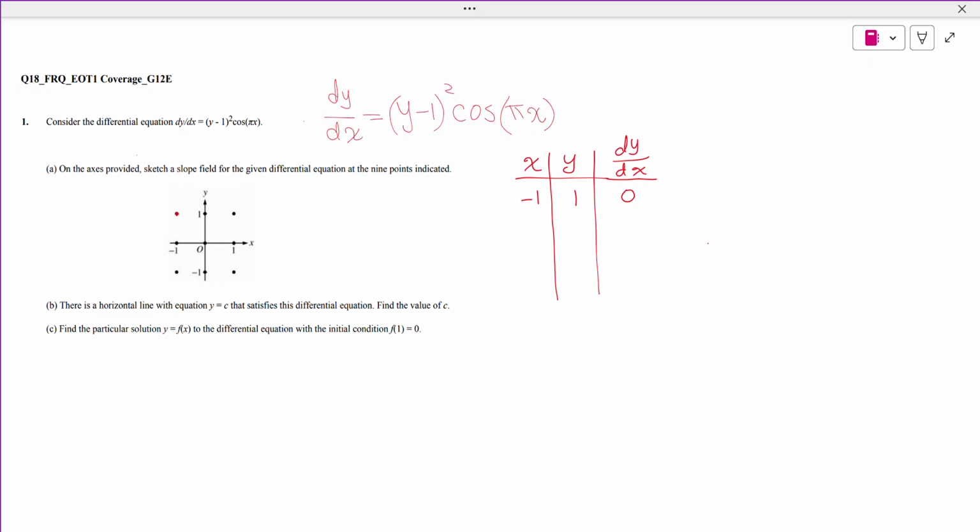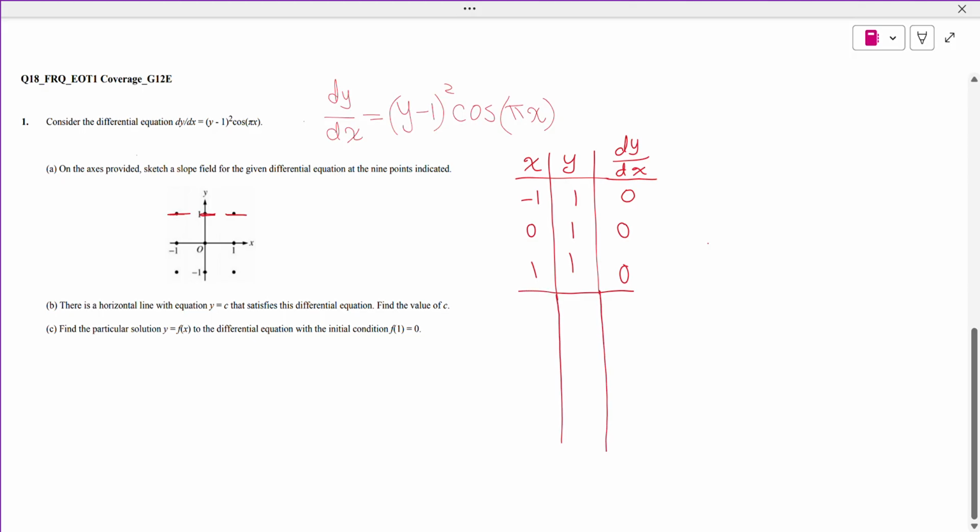So at this point we have a horizontal line segment, which means the slope of the tangent line at this point is 0. Now, continue doing this for the first row, where the second point has 0 and 1, the third point has 1 and 1. Substitute those numbers into dy over dx, you're going to get 0 and 0. So here it's also a horizontal line segment, here it's also a horizontal line segment. Okay, so let's continue